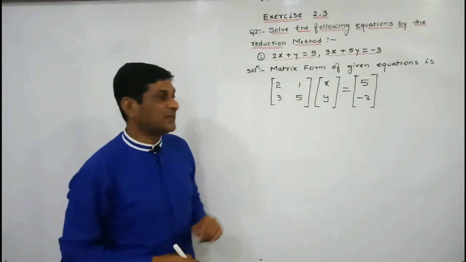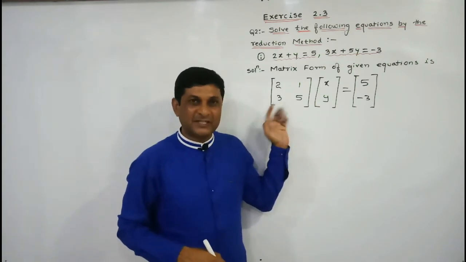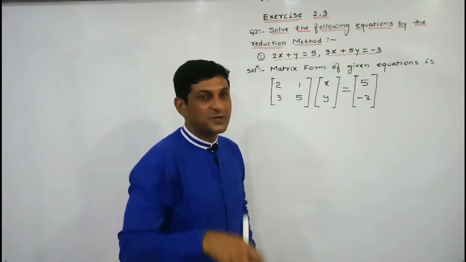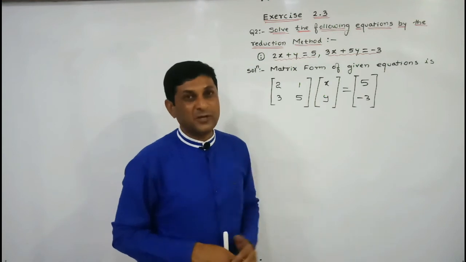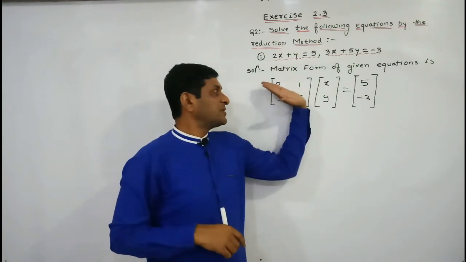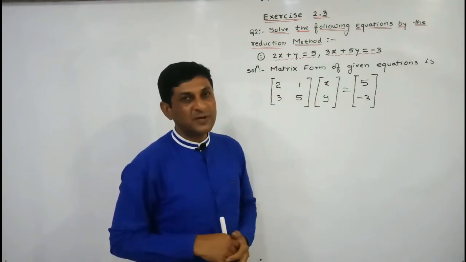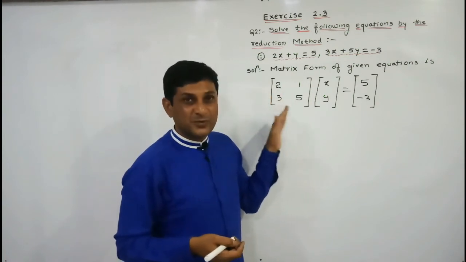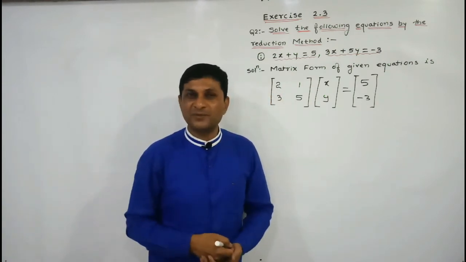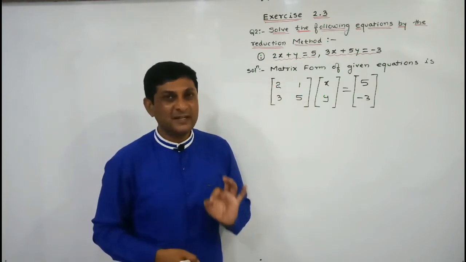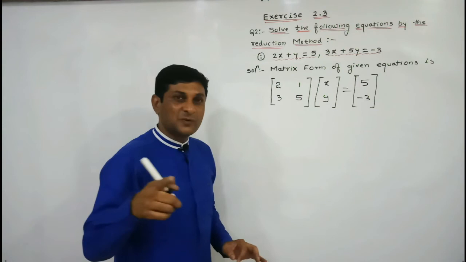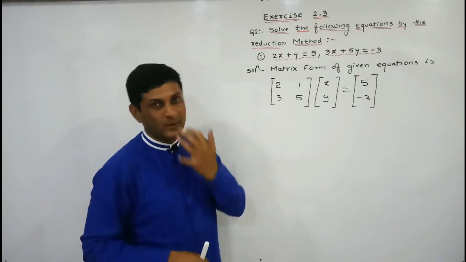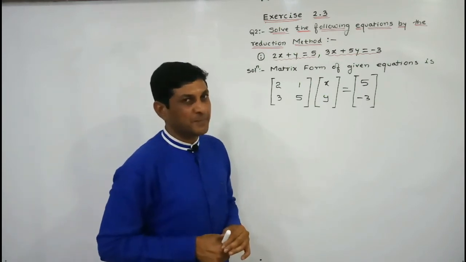In the reduction method, our aim is to convert this matrix either into an upper triangular matrix or a lower triangular matrix. But we are giving priority to converting it into what? Upper triangular matrix, because in an upper triangular matrix all the elements below the diagonal elements are 0, and in finding the inverse of a matrix also we are trying to convert this element into 0. That is our first step. तो हमारी अच्छी प्रैक्टिस हो चुकी है ये नीचे के एलिमेंट 0 करने के लिए, इसलिए हम किसे प्रायोरिटी दे रहे हैं? To convert it into upper triangular. The only aim is to convert this matrix into upper triangular or lower triangular. So let us try to convert this matrix into an upper triangular matrix.